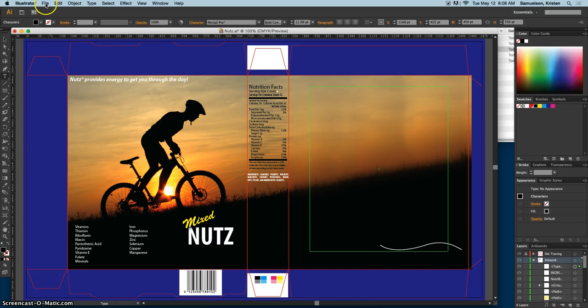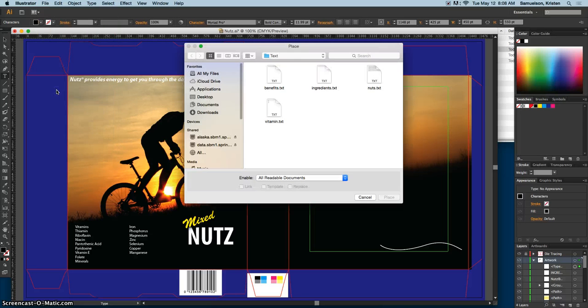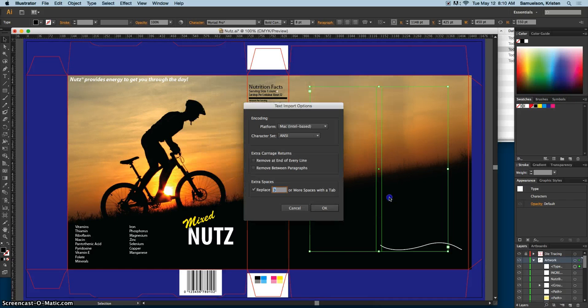Okay. And now I'm going to do a File and Place, and I'm going to choose the file of nuts.txt. I'm going to use the default settings,